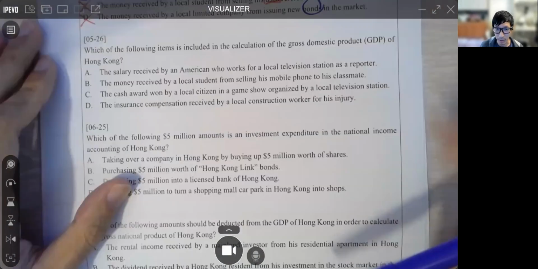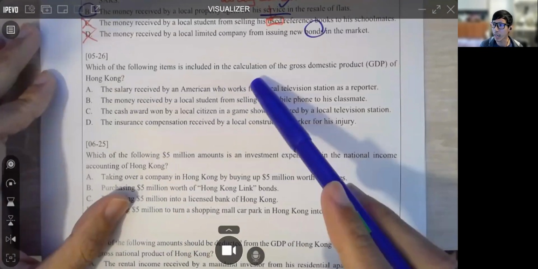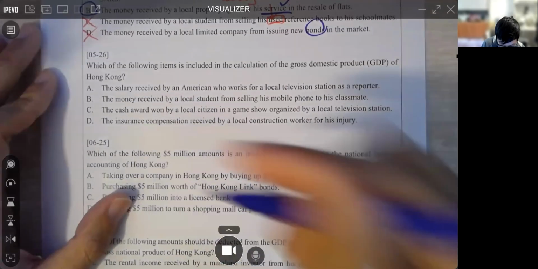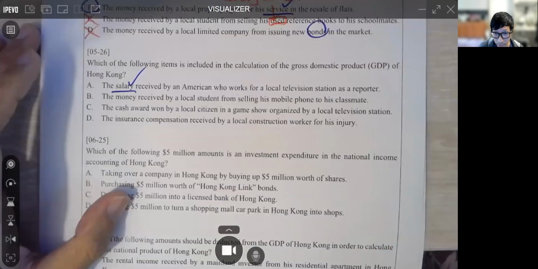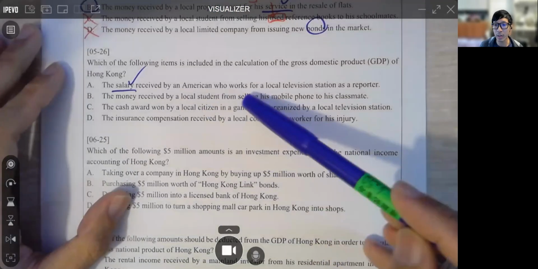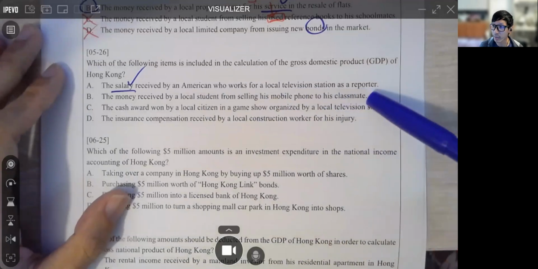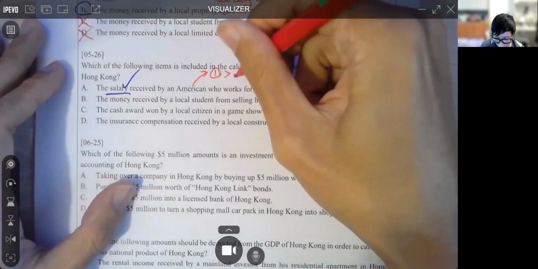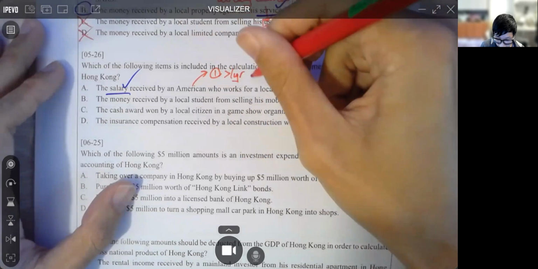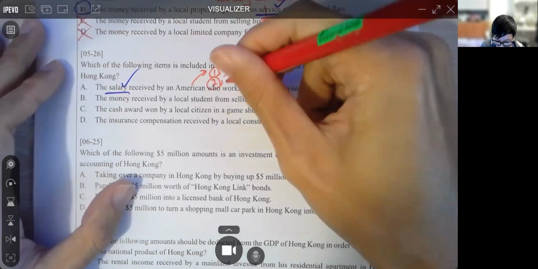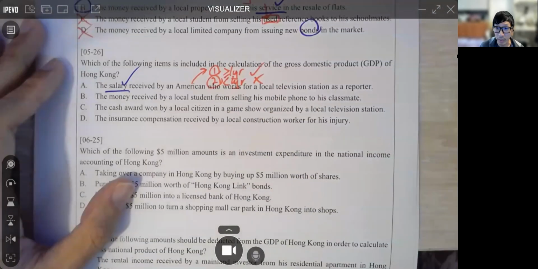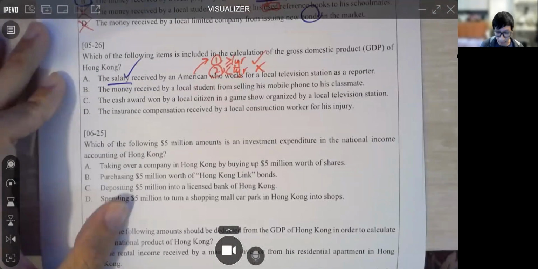OK，好啦，next question. Which of the following item is included? 我哋要計啊。The salary，係啦，記住啦，salary counts by an American who works for a local television as a reporter. Again, we have two cases in which not specified here. For more than 1 year, it counts RPU. If less than 1 year, does not count because not RPU. So let's skip A. 又係呢啲問題啦，係咪啊？